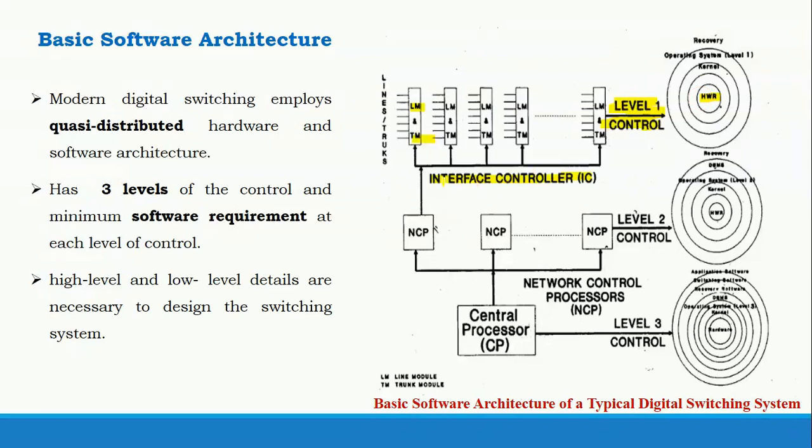And what is the hardware needed? The interface controller is a microcontroller which has diagnostic capacity for a particular line module or trunk module. Then the operating system which will be working here is level 1 control, and afterwards you need some recovery software also. As it is a lower and primitive level, if this fails, suppose this interface controller is disconnected, you can assign all the line modules and trunk modules to another IC. For that purpose it is called local recovery. Why is it local recovery? Because it is the lowest level of control.